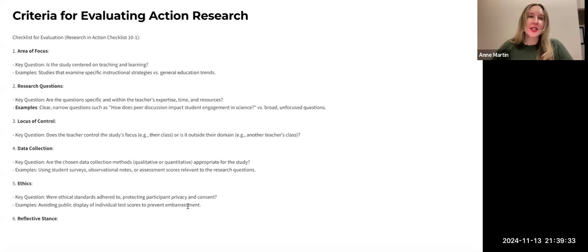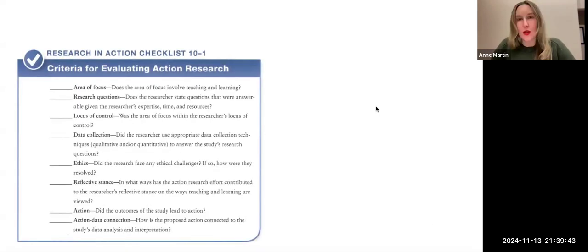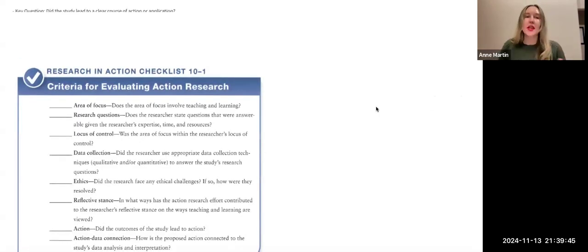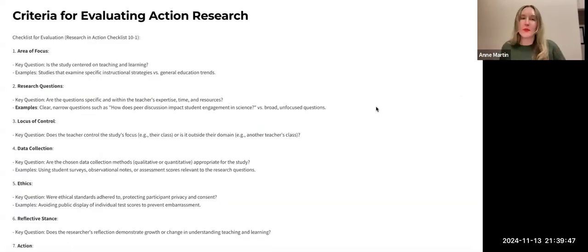criteria that includes in there. This is the checklist 10.1 through criteria and use. And then the way that Mills sets up the chapter is after going through this, he applies it to